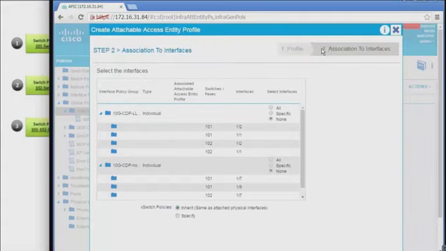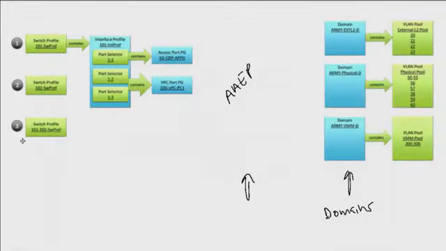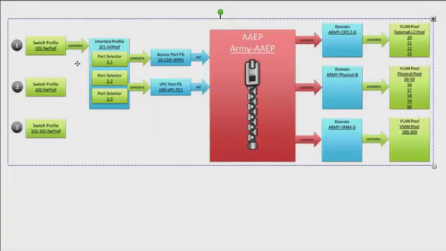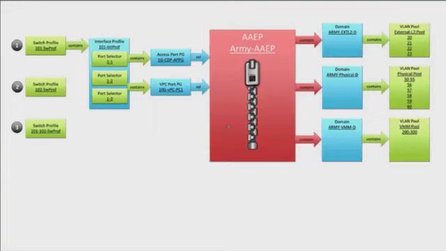So next, we'll go over here. This is how we want to pull all this together. Let me copy this, go back over here, get a new page, and paste this in. This AAEP sits right here in the middle, and this is how we're tying together our ports, switches, and interface policy groups to our domains and subsequently our VLAN pools. Within this AAEP, we're referencing these interface policy groups, because the AAEP contains that domain that contains those VLANs, but now we're referencing these policy groups that are contained